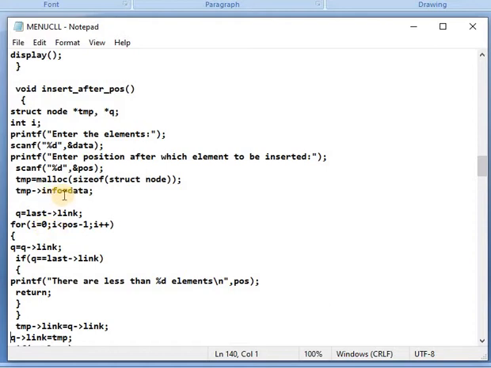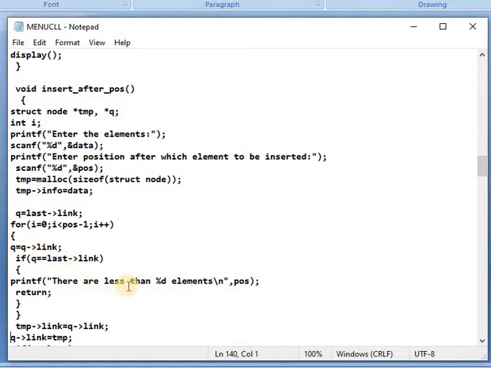you insert the element at a position, so a for loop will be used because we travel through the data in the list first, up to that position. When we find it, we check q, meaning whether the entered data is equal to the next element of last is checked. Obviously, the q variable is taken for the purpose that we travel the list from one node to another node.